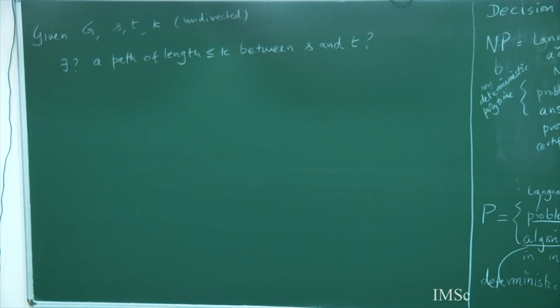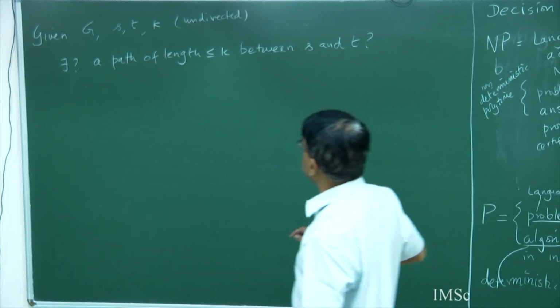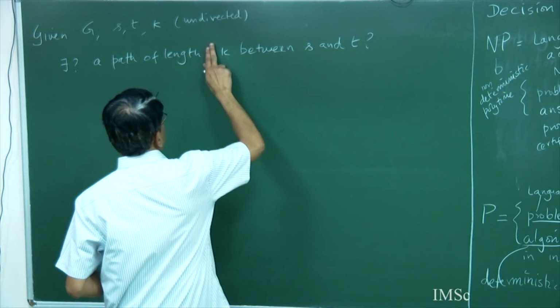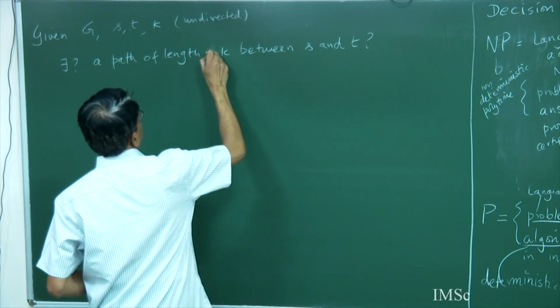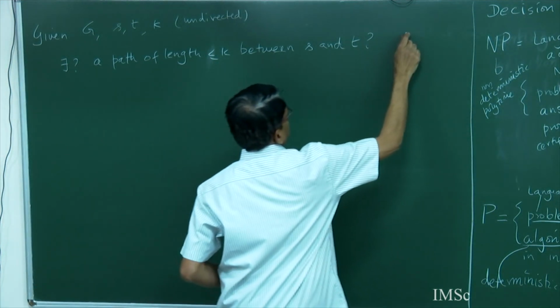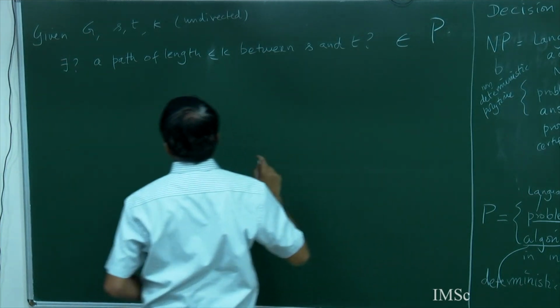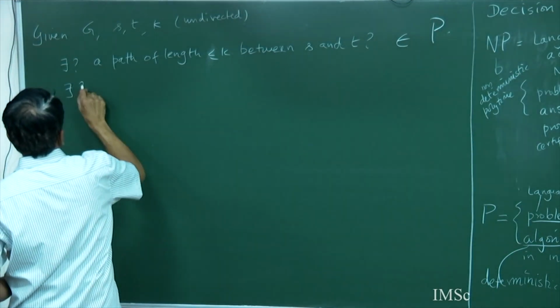So what do I do? I run my BFS algorithm. I don't need a certificate, nothing from you, because there is a polytime algorithm. My only restriction is that I am a polytime machine. So I run my polytime algorithm on your graph and check whether there is a path of length at most k between S and T, and if there is, I say yes. But if I turn the question around and ask this, does there exist